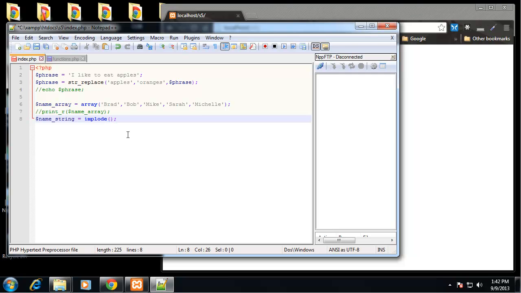Now when we implode an array, it takes two parameters. The first one is, what do we want to separate each value with? So we need to put this in quotes, and let's just say we want them separated with a comma. Alright, so I'm putting this comma here so that we can put in the next parameter, which is the array. So in this case it's name array. So now if we come down and echo out name string,